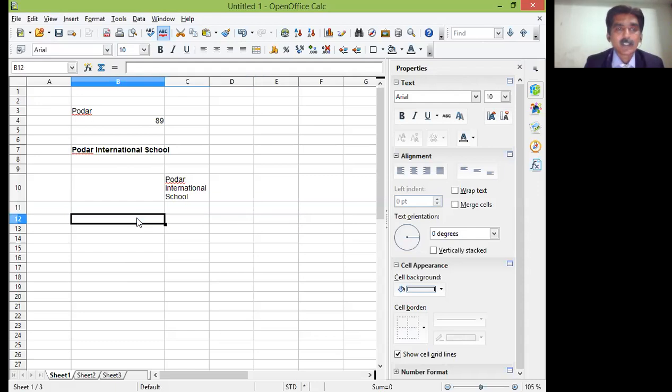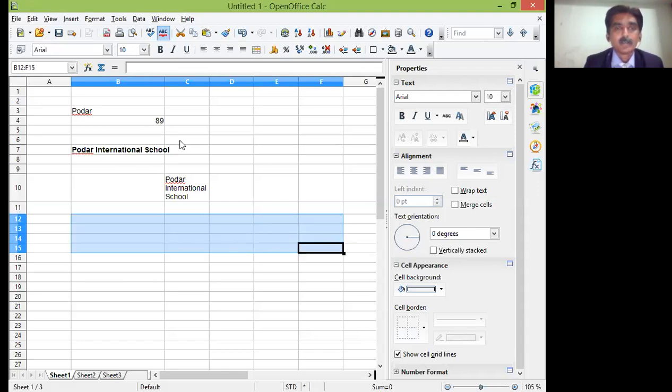So that is selection of a single cell and selection of multiple cells. I am selecting the horizontal cells and also going vertically. Now see the selection. It is showing B12 to F15.